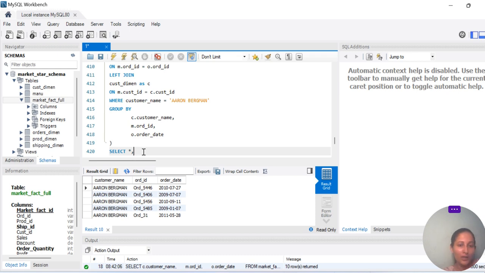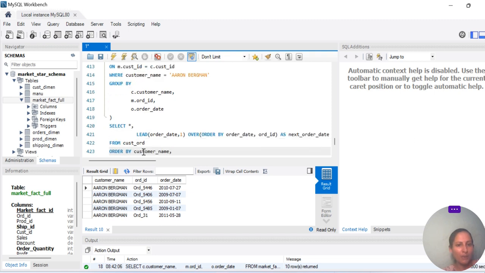Then we want all the information about RM Bergman. Order date gets the precedence for sorting. If there are multiple orders for the same date, you just sort on the basis of order ID. And this lead result, let's call it next order date. So